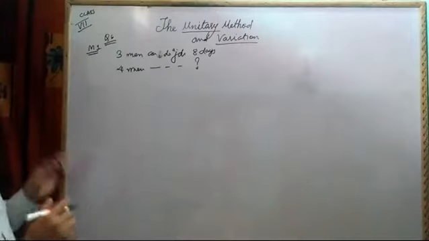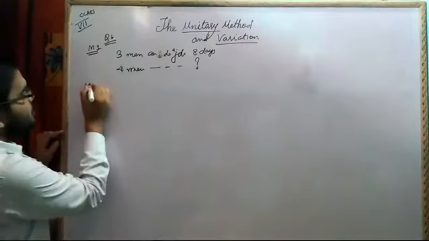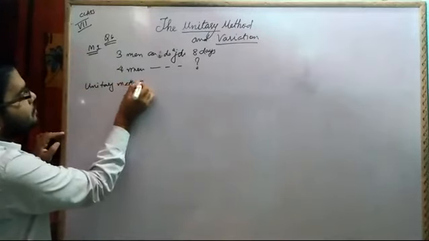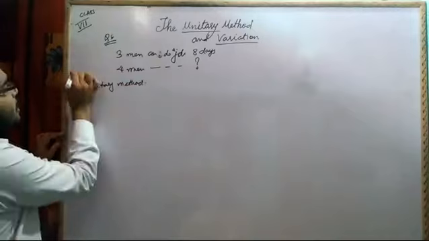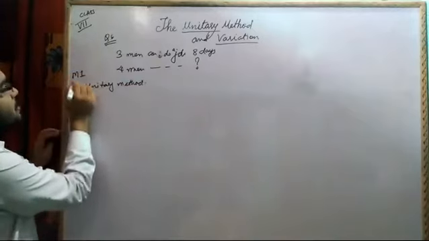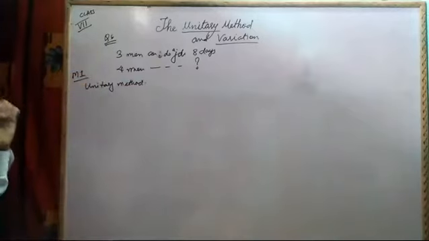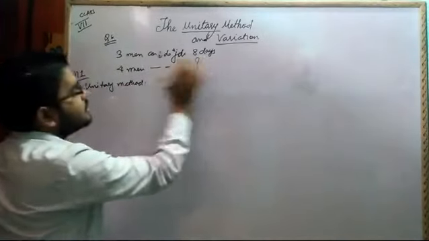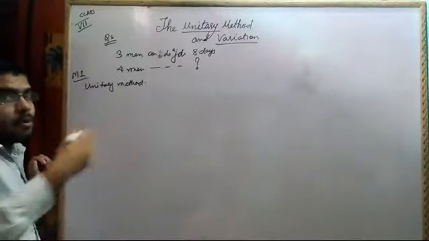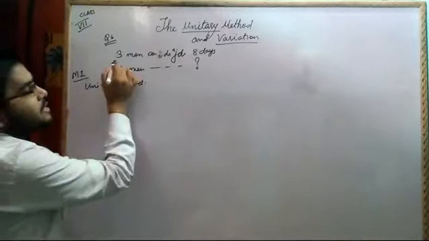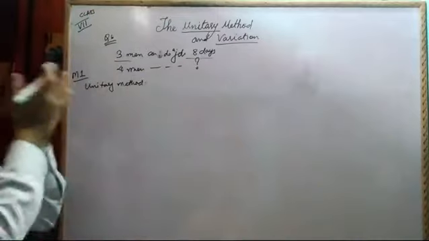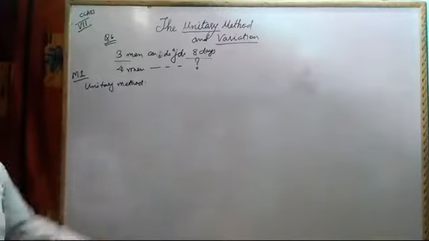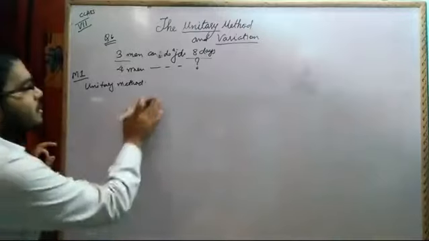So first method was to find out unitary method. So unitary method I am going. Here I am to write unitary method, method 1. In unitary method, what we have done, we have to find the 1 day work. Here 3 men can do in 8 days. So if 1 man is employed to do the work, don't you think it is an inverse relation? Number of men will increase, number of days will decrease. One quantity will increase, the other quantity has to decrease, quantity of work. So it is an inverse relation.